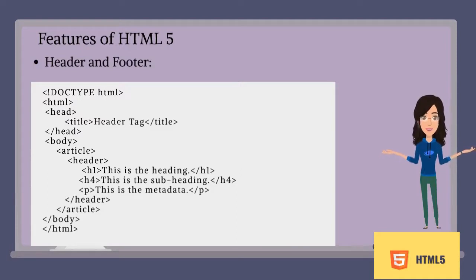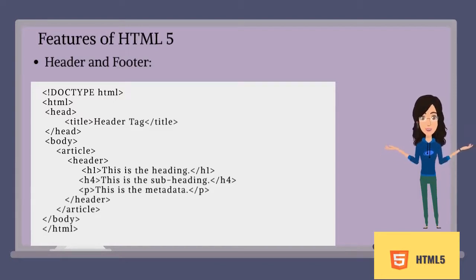The other is header and footer. With these new tags, there is no longer a need to identify the two elements with a div tag. Footer is placed at the end of the web page while header is placed at the start of the web page. By using the header and footer HTML5 elements, the browser will know what to load first and what to load later. It is a very good tag in HTML5.